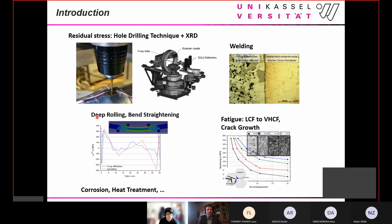And just as I said, a few snapshots from the lab. So this is just some welded steels where we look, of course, into the weld zones. This is an own-built diffractometer for X-ray stress analysis, and the hole drilling technique as another technique to determine the residual stresses. Some processes are in focus of industry, so band straightening, again, the role of these kinds of processes on residual stresses, and then afterwards the role of residual stresses on the overall fatigue